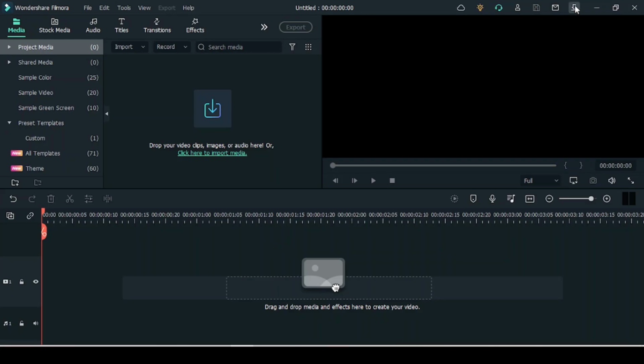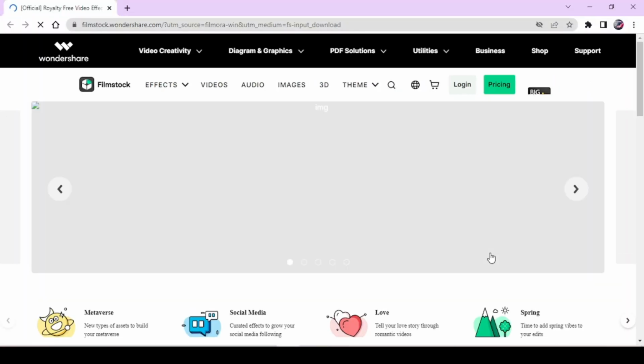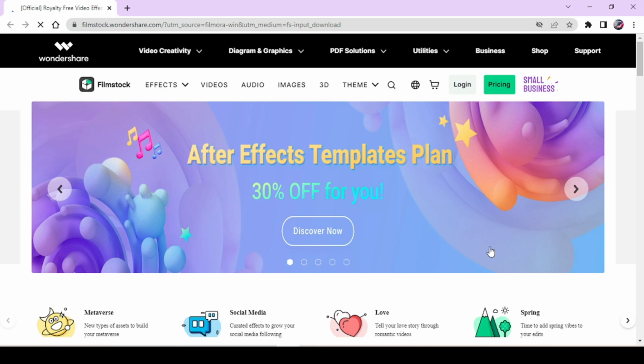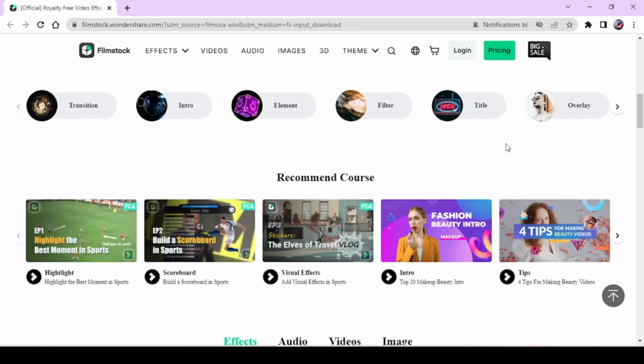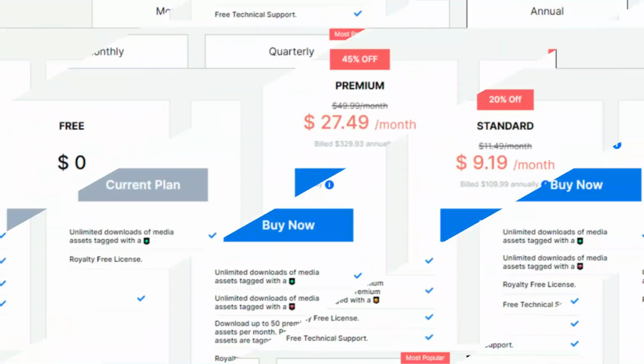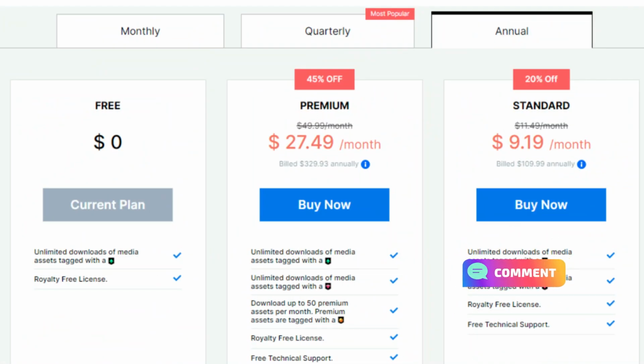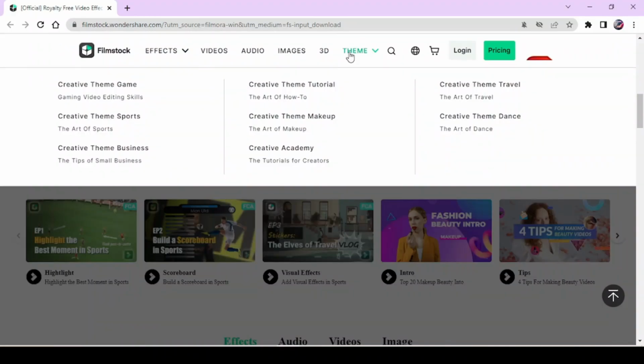Fourth one to go is Film Stock Library. You'll have access to many more HD royalty-free stock footages, Filmora effects, and so many other things. However, there are 3 different types of tags given to these things, like green diamond tag, a pink one, and a yellow. There's a meaning for this. It says that if an element is in green diamond, it's free to use. If pink, you need a standard film stock license, and last yellow one is for premium license.